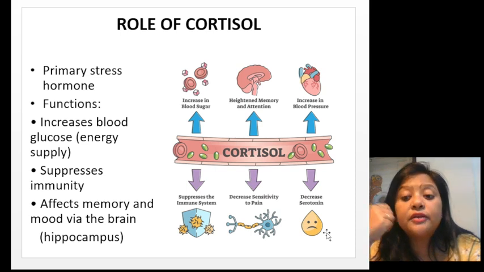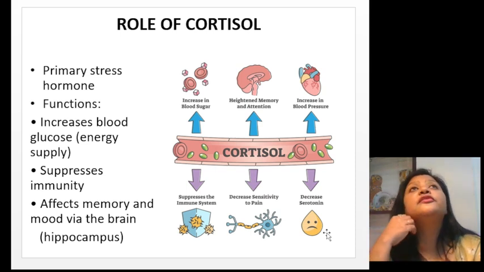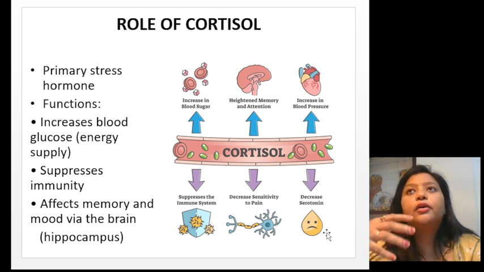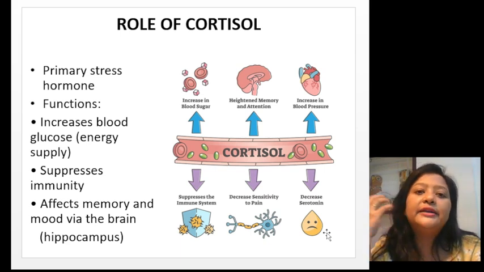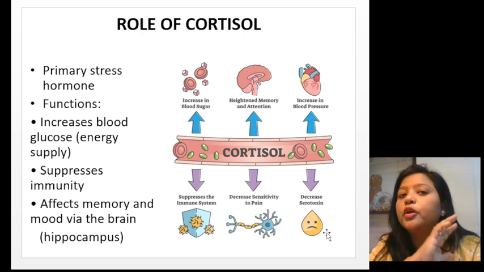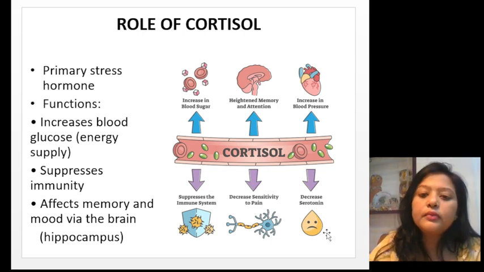So it will decrease serotonin. That means the hormone which is responsible for calming you down, giving you happiness, or resting. It keeps your mind at rest. So these things will flip, and those things will not be occurring. Okay, now